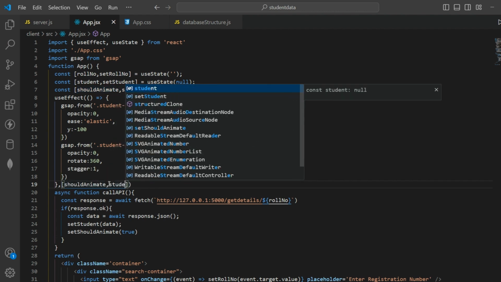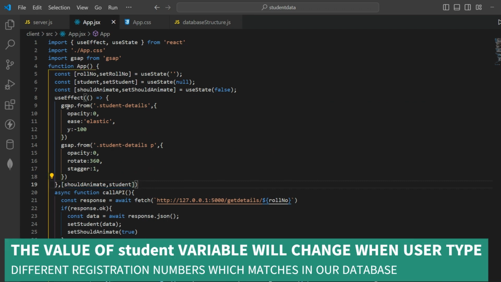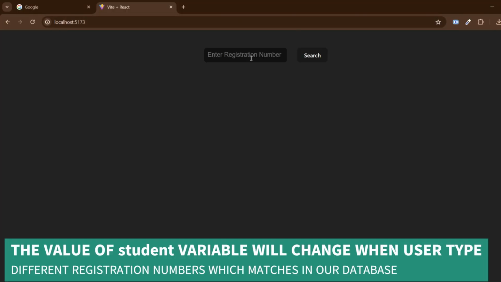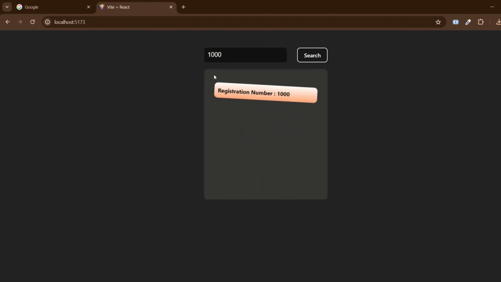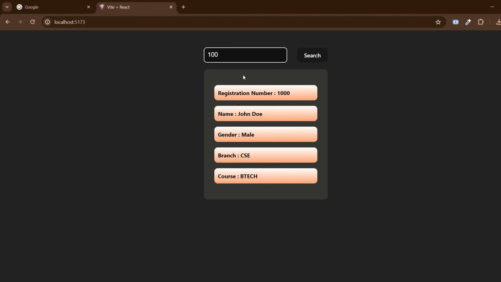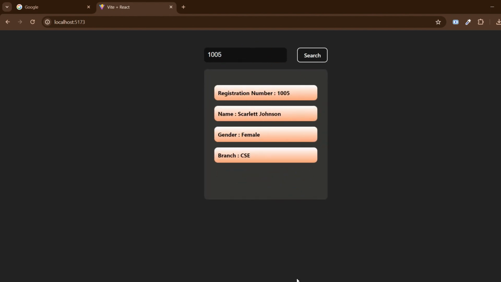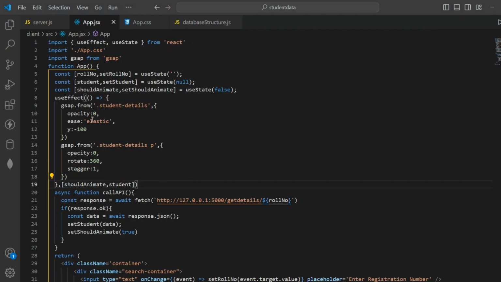So here we also have to tell the useEffect hook, whenever there is a change in the student variable, to re-render the component. So now if you try to add 1000 and click on search, you can see those animations are coming. Now again if I type a different number and click on search, as you can see those tiles are reapplying again,